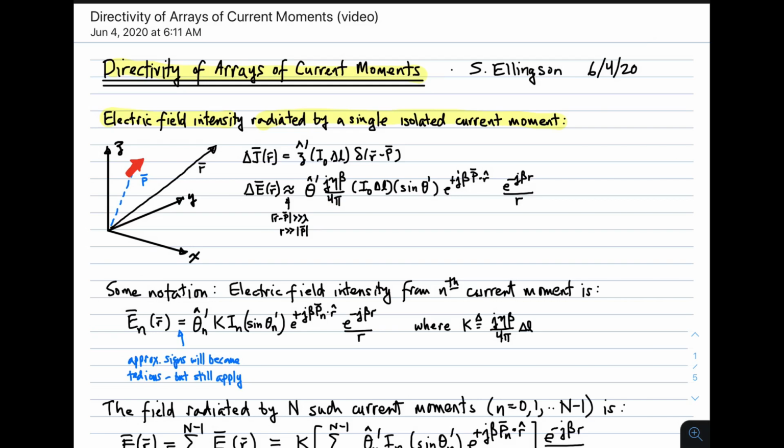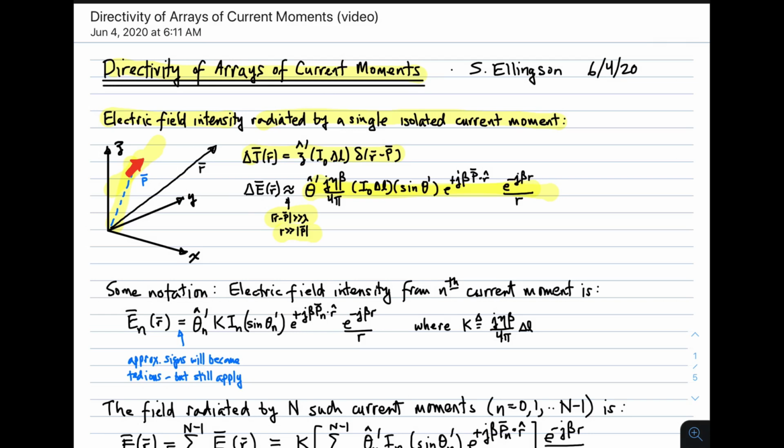The idea here is that the current moment is both displaced from the origin and oriented in an arbitrary direction, and the mathematical description of such a current moment is given by this expression, in notation that we've discussed in another lecture. And the associated radiated electric field is given by this expression under the assumptions that the field point is far from the source point in terms of wavelengths, and also that the distance to the field point is much greater than the distance to the source point. So under those assumptions, we get this expression for the radiated electric field of an arbitrarily oriented and displaced current